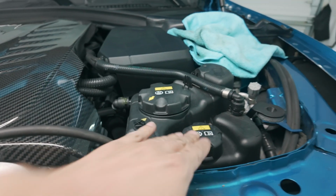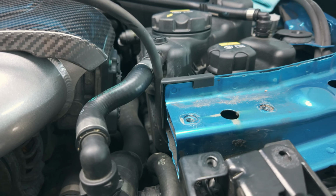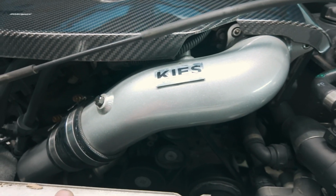I mean, this is empty anyways. But yeah, so I got to this part and I'm trying to pull the hose out and I'm like, yo, what is going on? So then I get over to this one. I'm like, you know what? I didn't want to remove the radiator out,